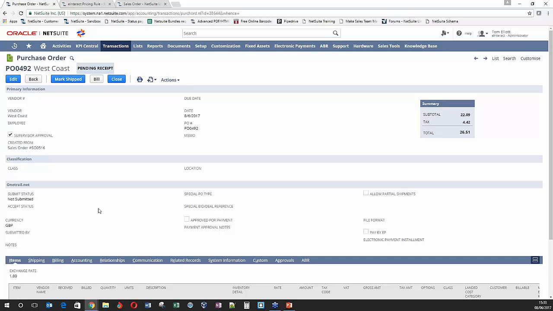If we didn't have eInteract, then in order to get this sent through to West Coast, we would have to print it and send it as a PDF or email it directly from NetSuite. But what eInteract enables us to do is, through OneTrail, we are directly linked to West Coast. And so we can have this purchase order automatically sent to the supplier, in this case West Coast. So two options: you can have it sent as soon as the purchase order is created,